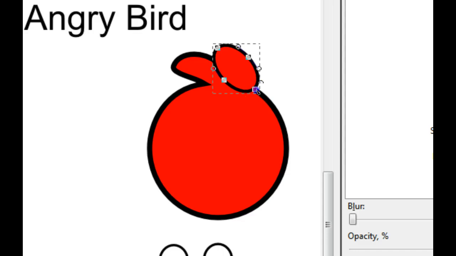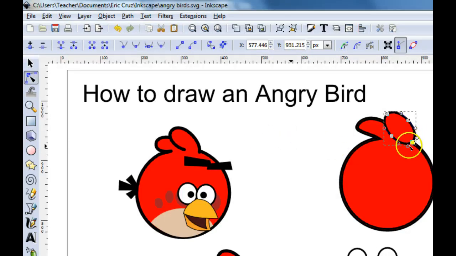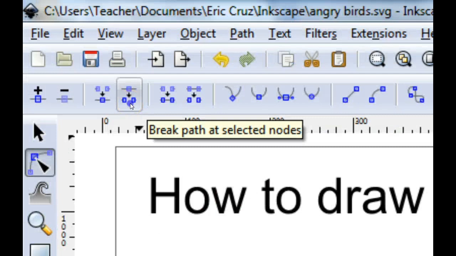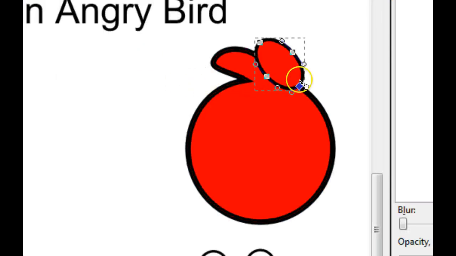We need to click on this node, and we need to break it. So we're going to break that node. So that's this option right here. It is break path at selected node. So we're going to click on that, and what it does is it turns that